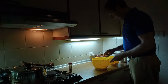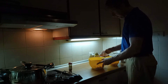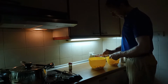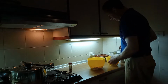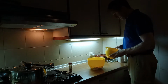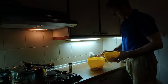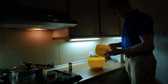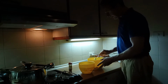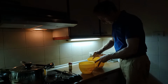And now comes the time to blend them. I haven't done this with a mixer, just with a fork, trying to keep it a little bit chunky. And this is whipped really hard. The reason is I want a lot of air bubbles to come into this to give the cheesecake a little bit of a lift, and then just fold it in,